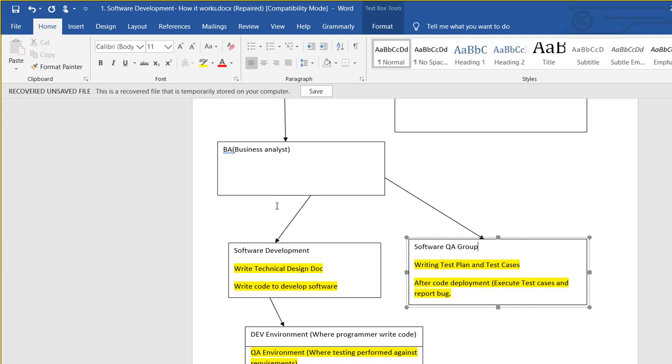Same thing with software development people. When they get the requirement from the BA people, it works the same way. They create a technical design document, they design the software, and once the design is done, they do the coding to implement this design.